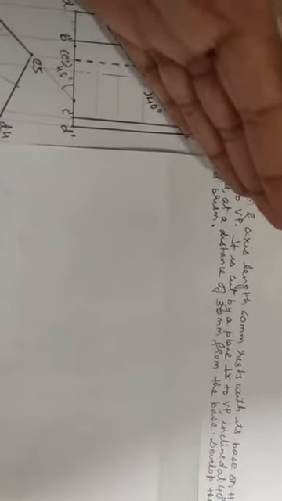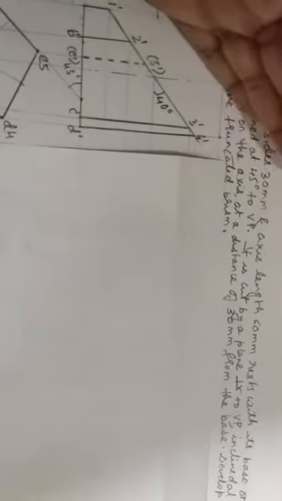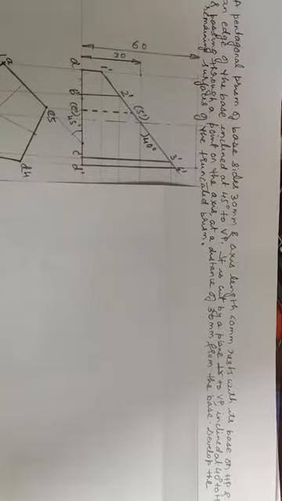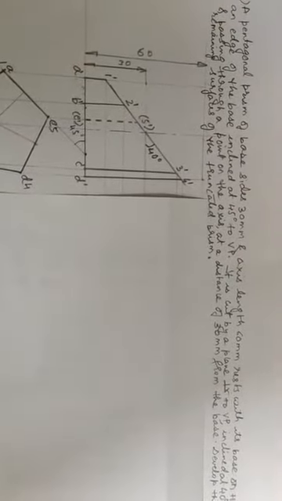So now I will make sure that the plane I am going to draw to cut this prism is at 40 degrees. But 40 degrees where? Here 40 degrees, here 40 degrees, here 40 degrees, that I have to find out. 40 degrees to HP and passing through a point on the axis at a distance of 30 mm from the base. So this will fix the position of the cutting plane.